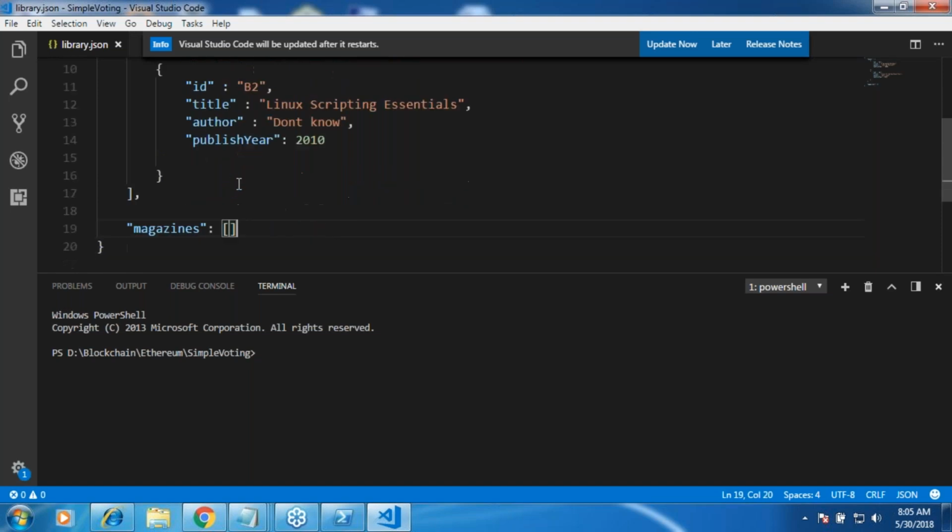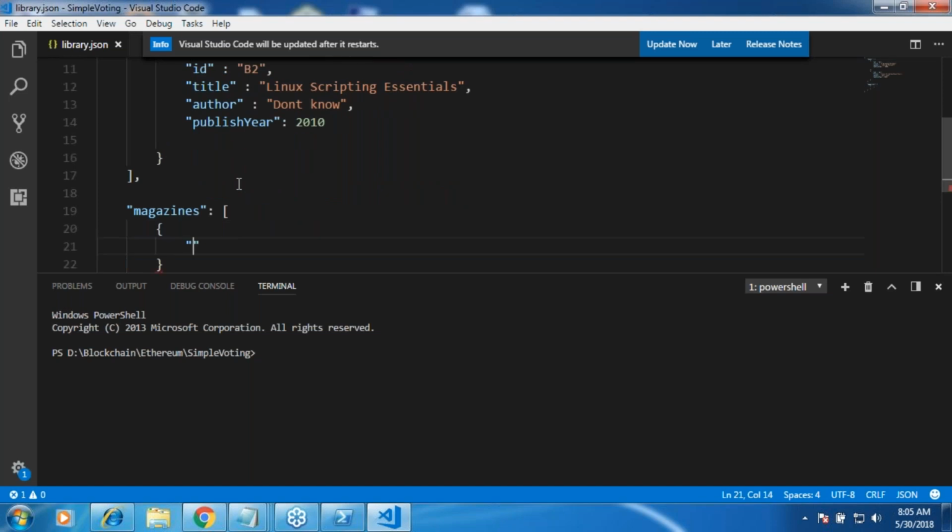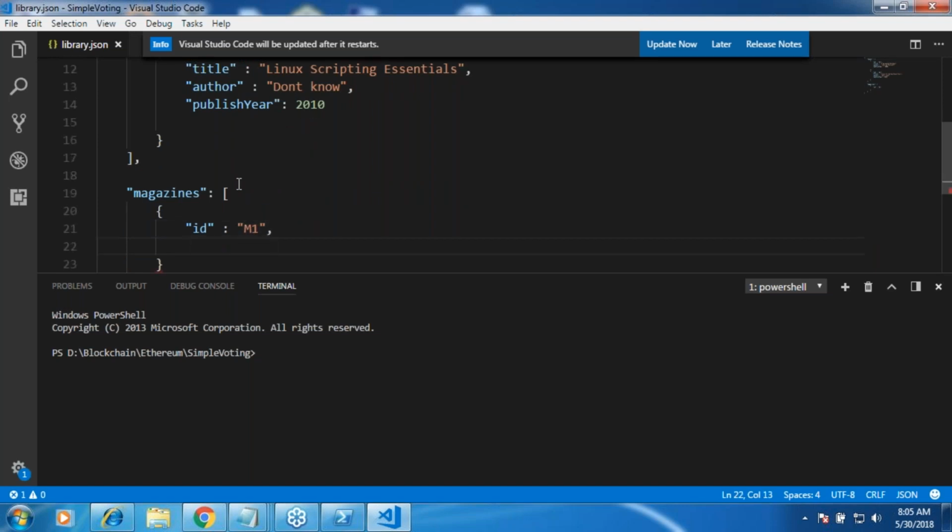Now you go to the magazine, then you would do the same thing over here. For every magazine you will have ID. Okay, so let me write it as M1. And a magazine will not have an author. It will generally have basically the publisher. Okay, so let me write it as publisher. I'm not sure whether people are still interested in it, but while we were doing our engineering, people were very much interested in this.